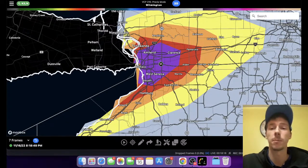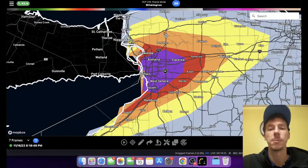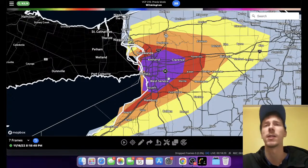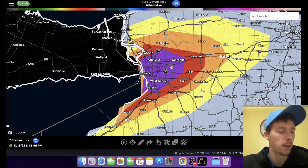If they've got some family, like maybe in Batavia or maybe down here in Dunkirk, or just somewhere that's not going to be in the hardest hit area, maybe get them out of there. I'm not saying we need to evacuate everybody. That's not what I'm saying. But people that rely 100% on power for medical necessity reasons that may not have a backup generator, might not be a bad idea to just get those family members and have them come stay for a couple of days